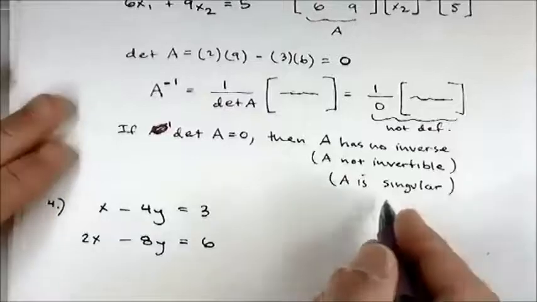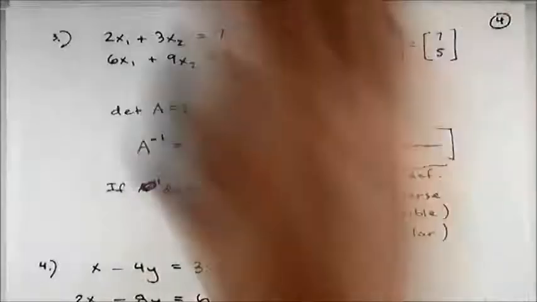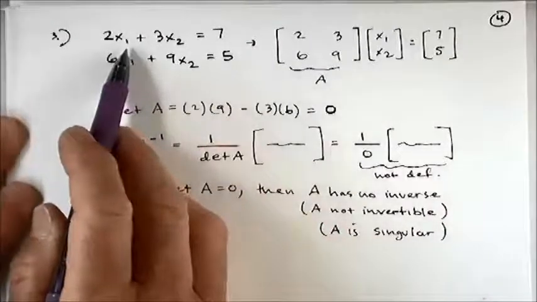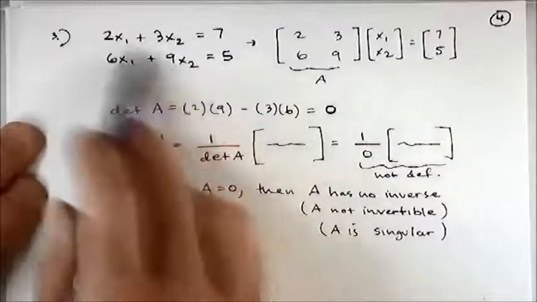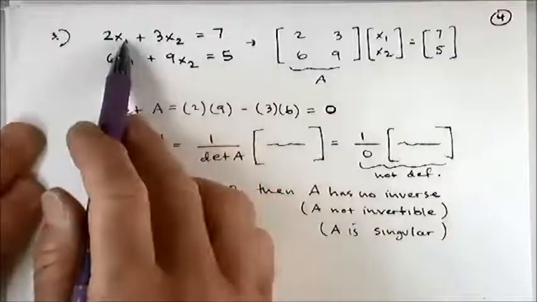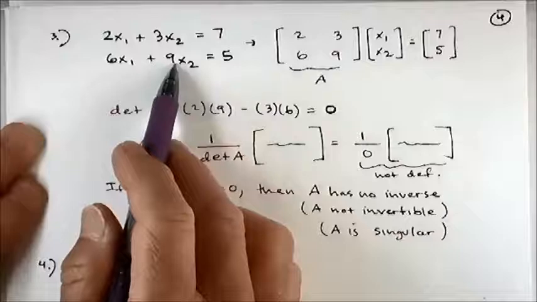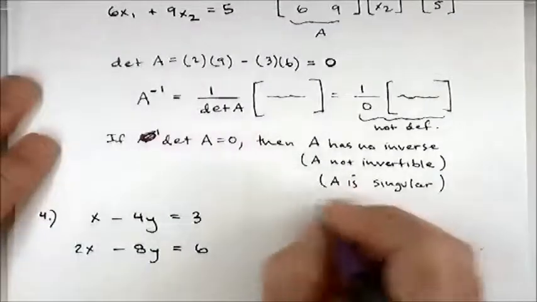Now, you know what? I'm going to use this space right here. Let's think about what's happening, though. Let's think about why this is happening. Let me go back to this system of equations. And because fortunately, we're just doing 2 equations, 2 unknowns, these graphically, if I changed x2 to y and x1 to x, both of these are equations of lines. Okay. What's going on here is if I were to graph,